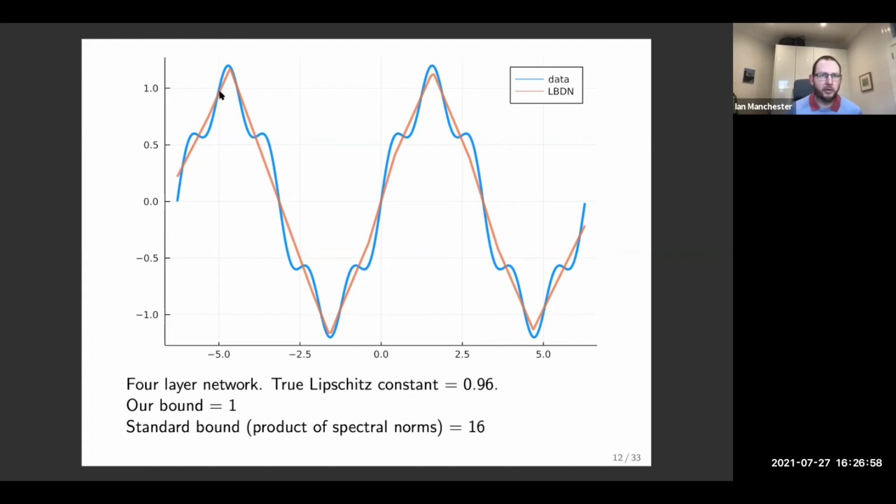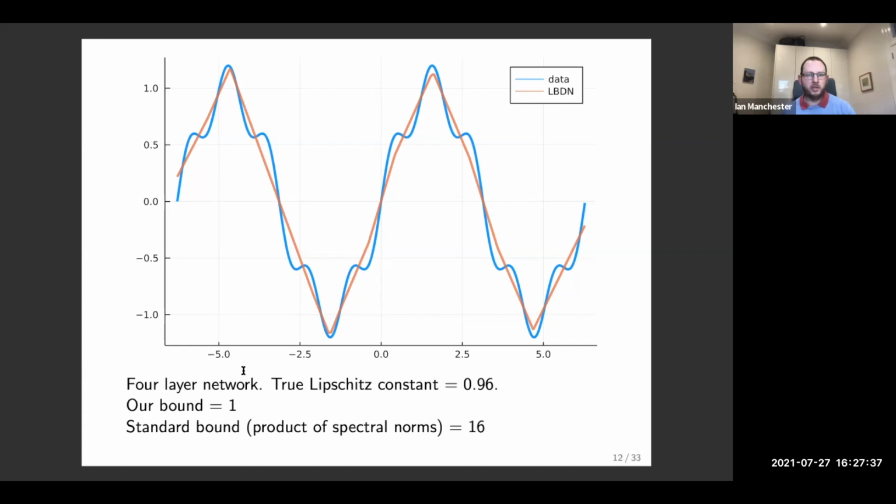And if you really wanted to do this, you wouldn't use a neural network for it. There's much simpler things you could do. But here the data is the blue line, which is actually a sum of two sinusoids. So you've got a low frequency sine wave and then a high frequency sine wave, which is 5 times faster in frequency. And that means the true maximum slope of the blue function is 2, but then we learn a neural network using the methods, which I will present later on in the talk,